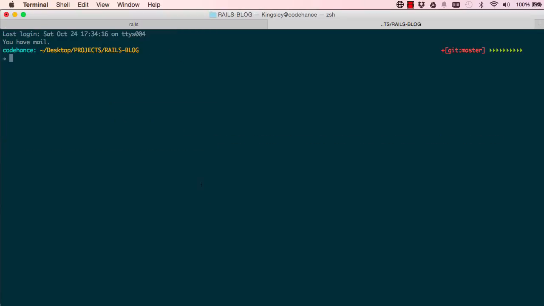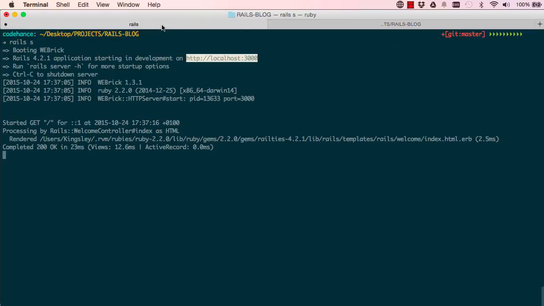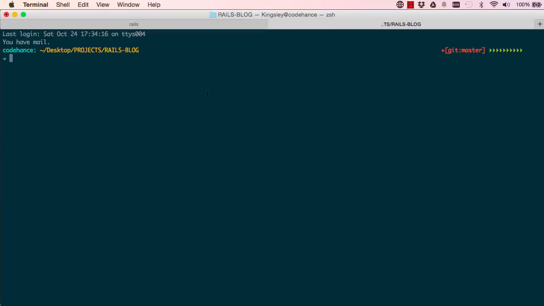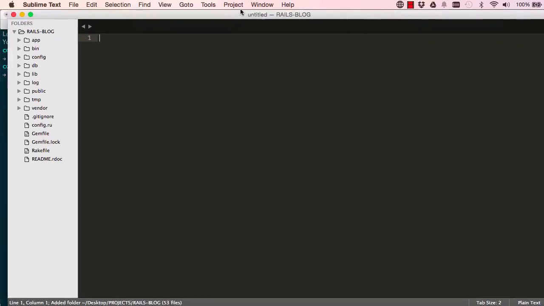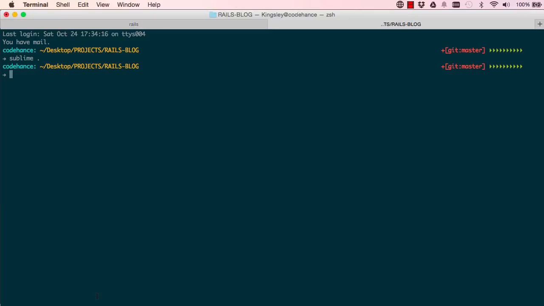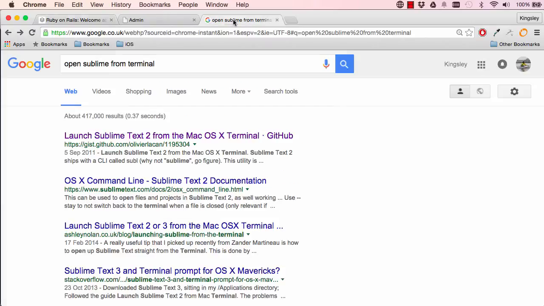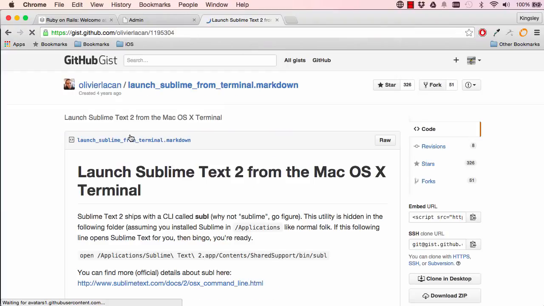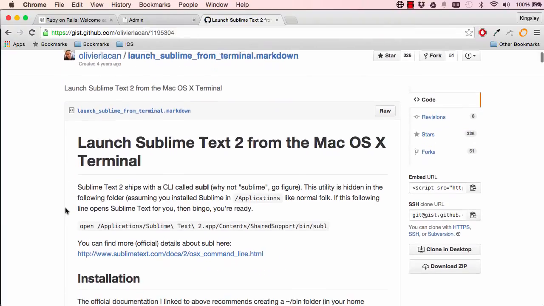So the next thing we want to do is open up a new tab, Command T, or Control T. In this new tab, we are going to say sublime space dot. This works for me because I've configured some things. So this is the project. If sublime space dot doesn't work for you, which I suspect it wouldn't, do this. Go into your Google and type in open Sublime from terminal, and click on that link. Scroll down here,